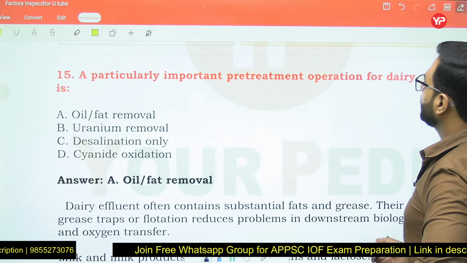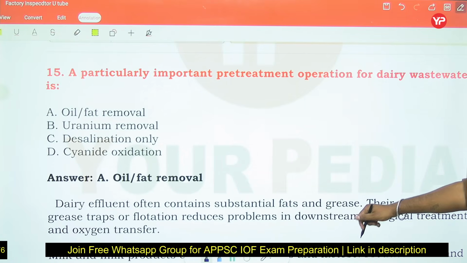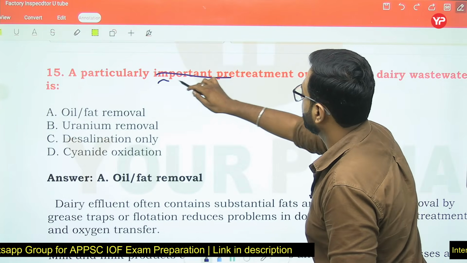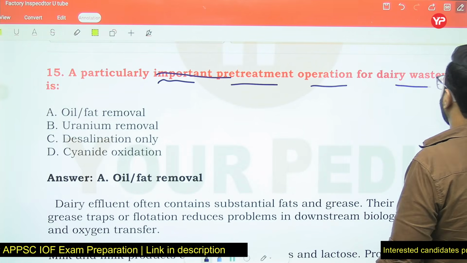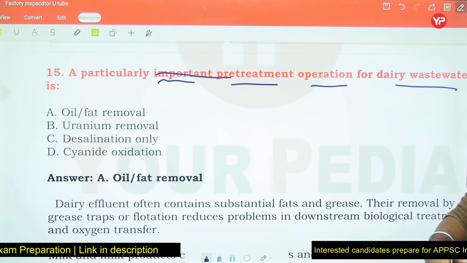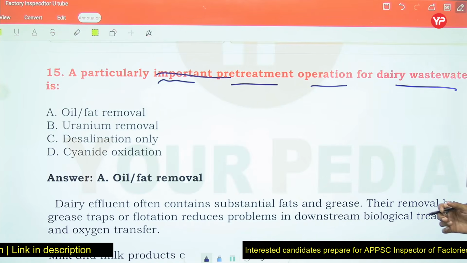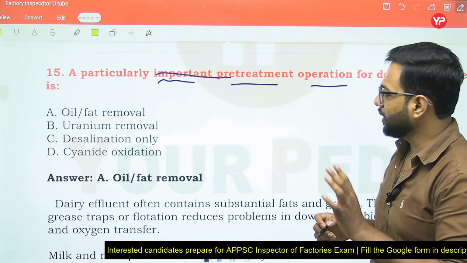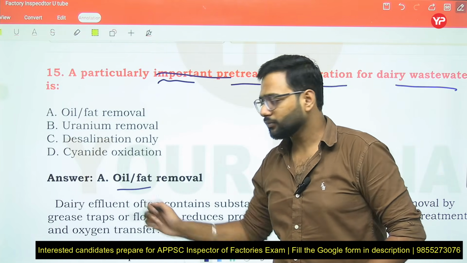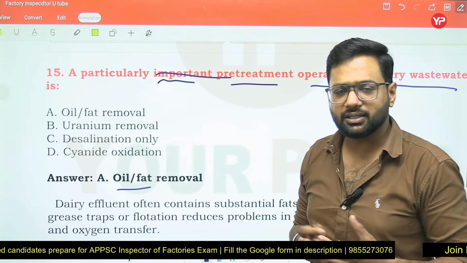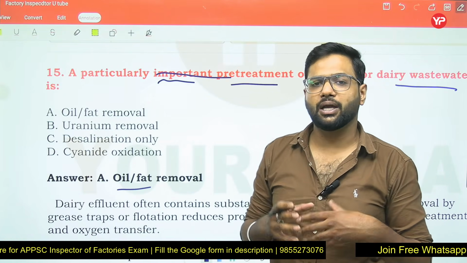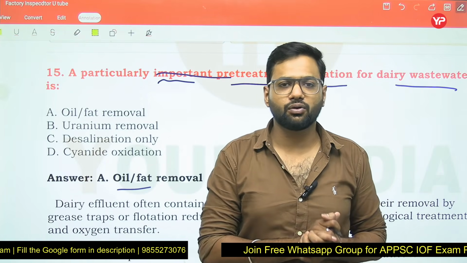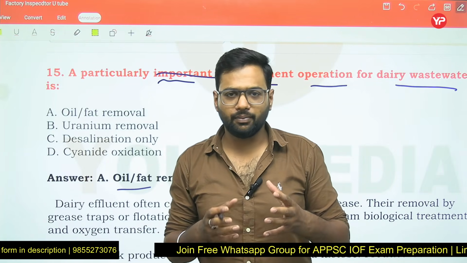A particularly important pre-treatment operation for dairy wastewater is. Now friends, the question is asking about the particularly important pre-treatment operation for dairy wastewater. If again the question asks for dairy wastewater, what is the important pre-treatment? Again, dairy wastewater will also contain a high amount of BOD, but it will also contain some oil and fat. And if we don't remove these oil particles, what happens? The microorganisms cannot grow, because these oil particles prevent the growth of microorganisms. So the decomposition of organic matter cannot be